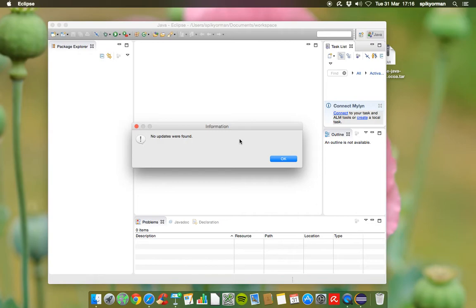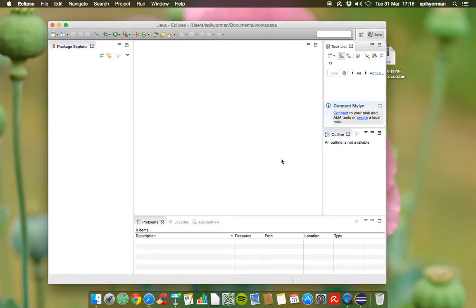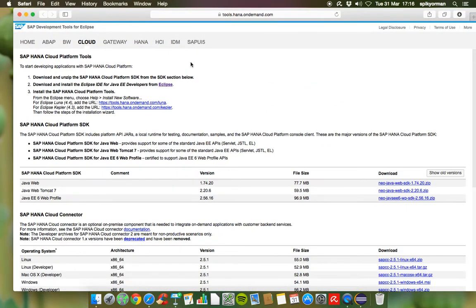Okay, welcome back. We've downloaded all the updates and updated our Eclipse software. So now we're able to go and add in the functionality that will allow us to develop HANA Cloud Platform applications. If we go back to the website, the HANA Tools website, tools.hanaondemand.com, we can see these two links here. Now we're using the Luna version of the Eclipse, which is the latest version, and we can download the additional plugins that we need from this website. In fact, we can get Eclipse to do that for us. So if we copy this URL here